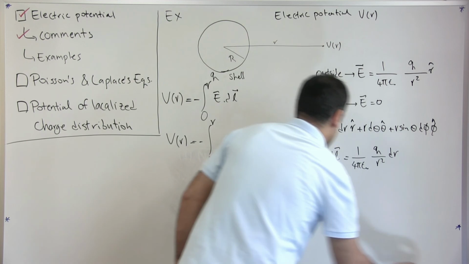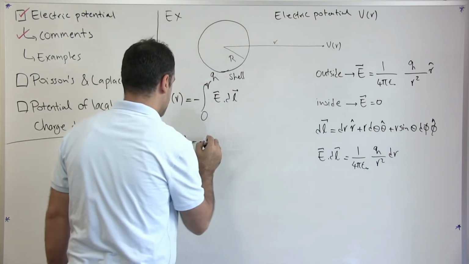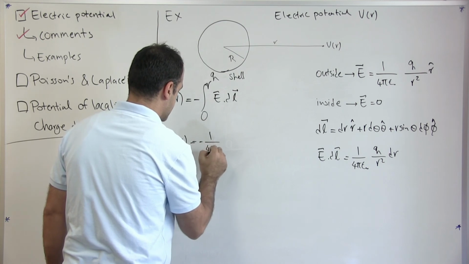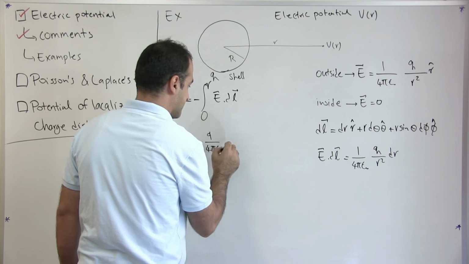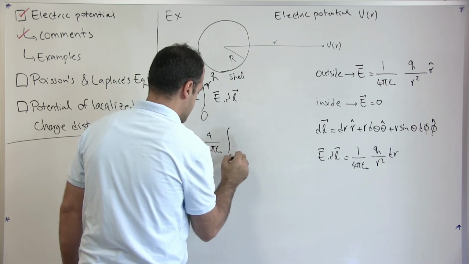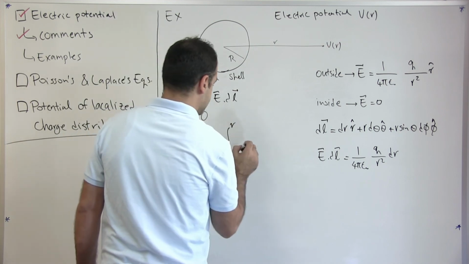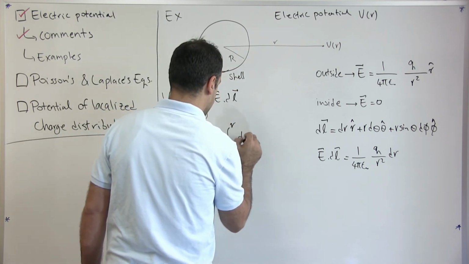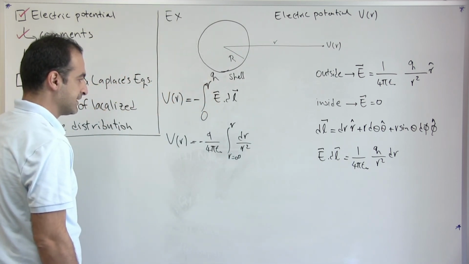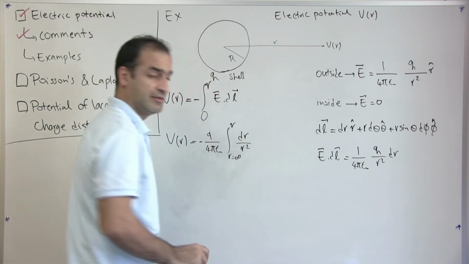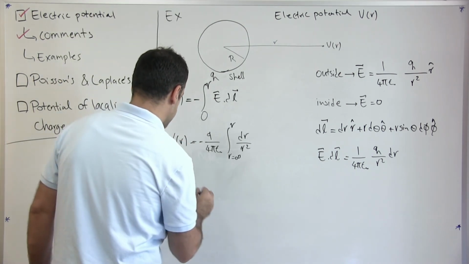Let me take the constants out of the integral first. 1 over 4 pi epsilon 0 Q, integral from r equals infinity to r, and here I have dr over r squared. Okay, so the integral of dr over r squared is negative of 1 over r, that cancels out with this negative sign here,